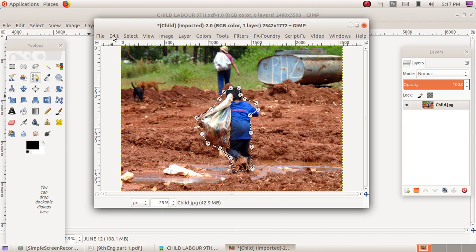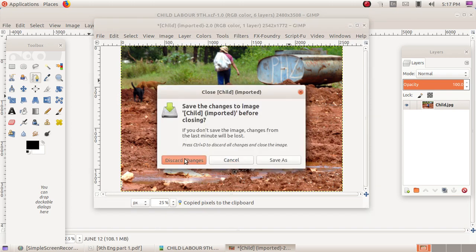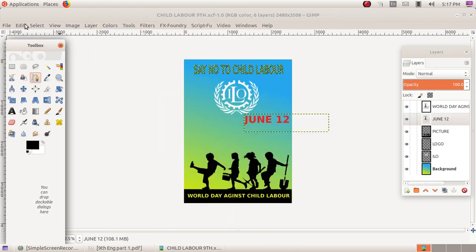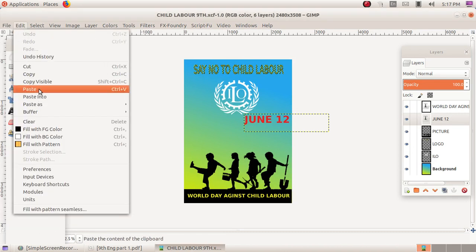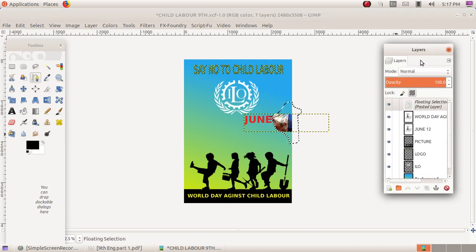Then copy the picture: go to Edit and Copy. Then in this poster, Edit, Paste. This is only a floating selection, a temporary layer. There is a tool to anchor the floating layer. If you anchor the floating layer, you can't modify that picture individually.